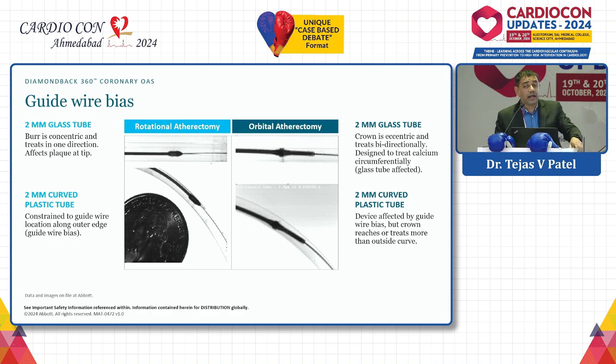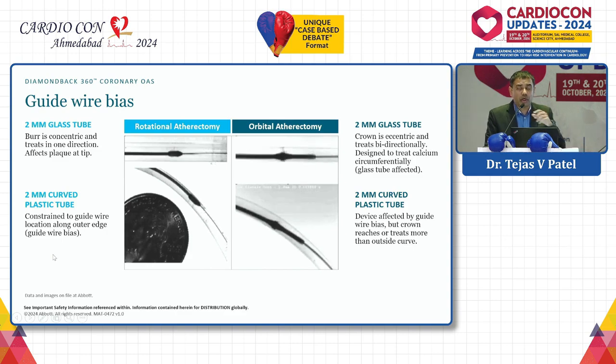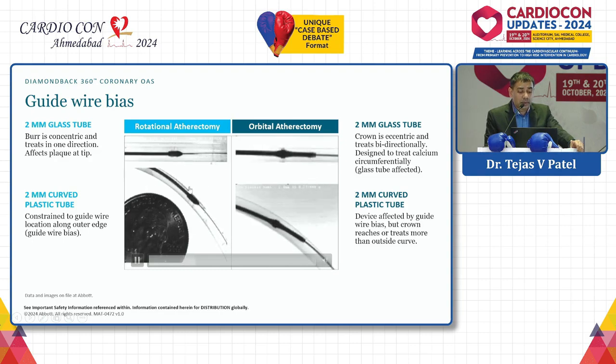Second important point is guide wire bias, which is there with rotational atherectomy sometimes because of the curvature of the tube or tortuosity of the artery. You can see it here, the curved plastic tube. You can see the rotational burr is getting biased to one side, so the other side may remain